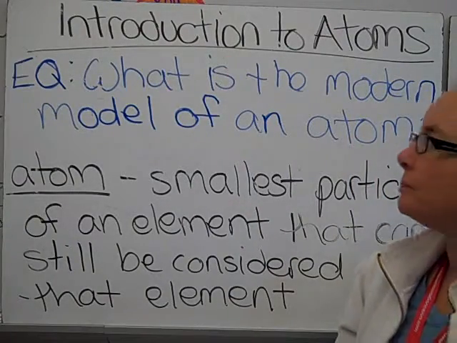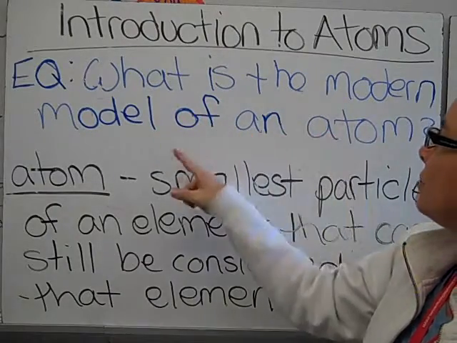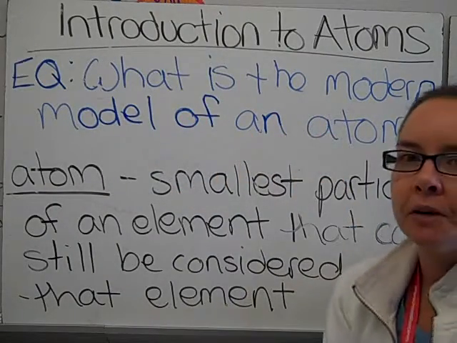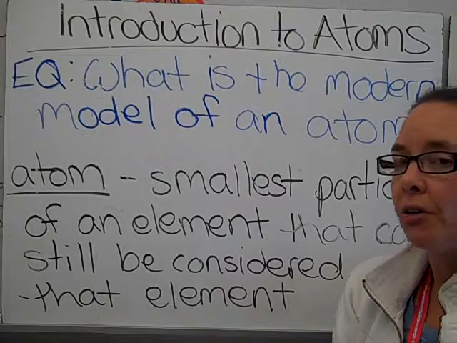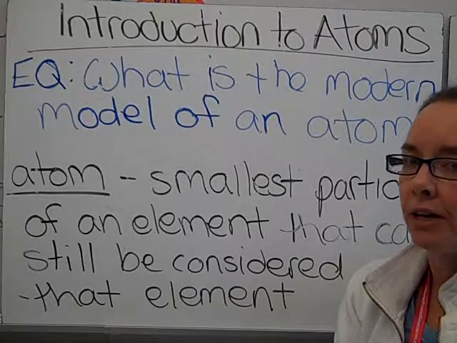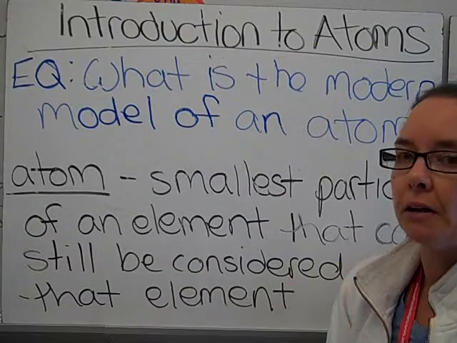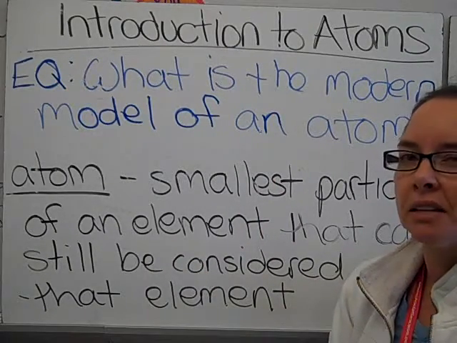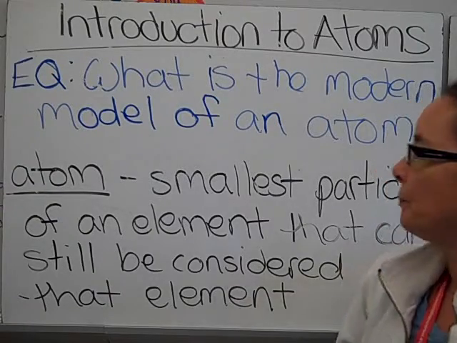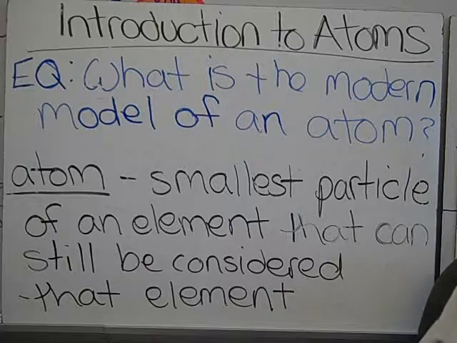Introduction to Atoms. The essential question: what is the modern model of an atom? The atom model has changed a lot over history, and we'll be talking about that in another lecture. But right now we're going to talk about the main parts of an atom and what scientists think that atoms look like now. So an atom, as a review, is the smallest particle of an element that can still be